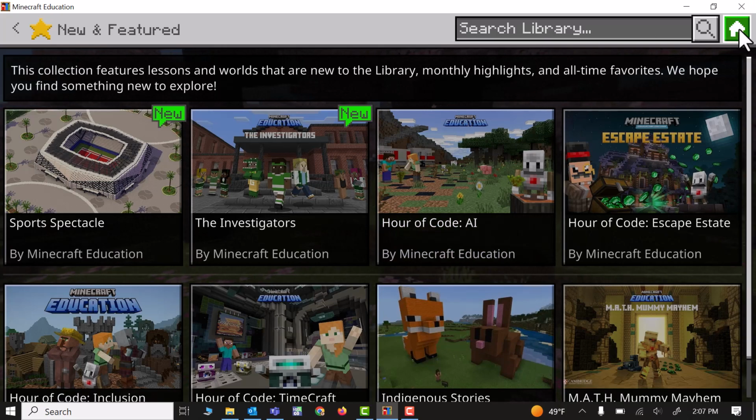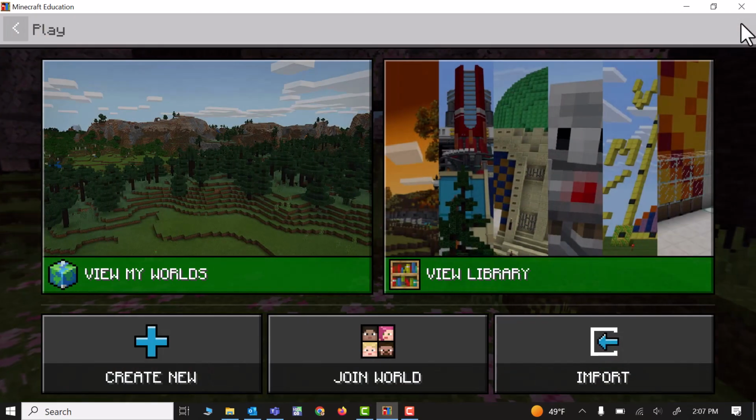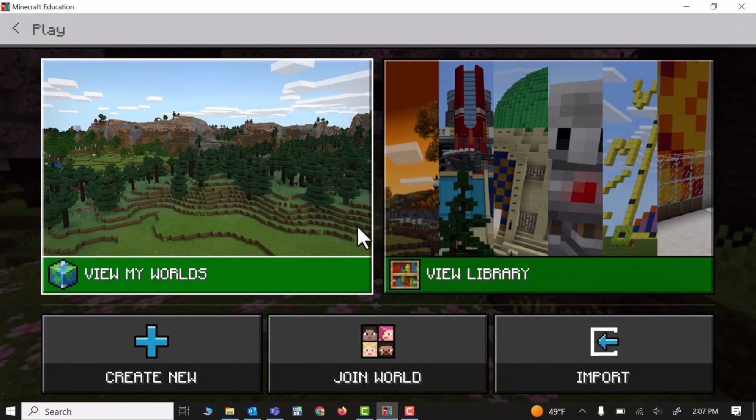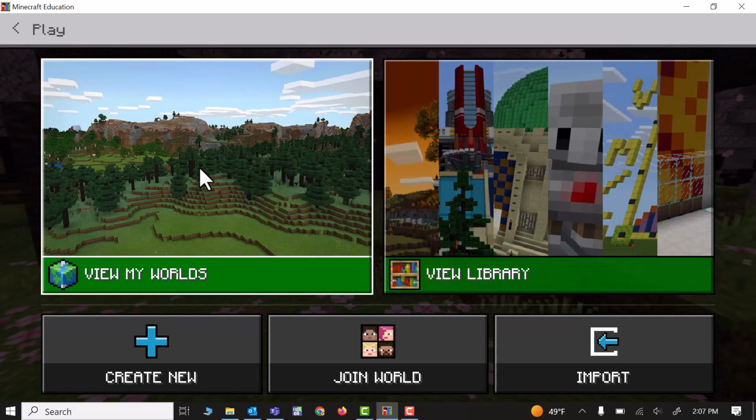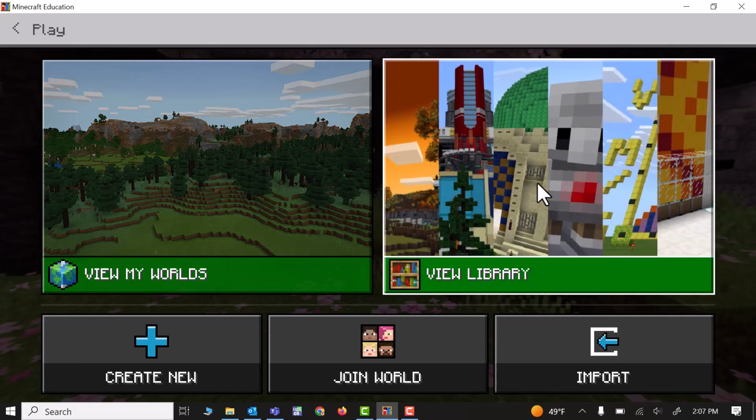So I'm going to want you to go up here in the top right hand corner underneath your close button and click the home button. And it's going to take you to a screen that looks like this. This is typically the default in Minecraft for education. If you had multiple worlds, they would be here. But if you view your library,